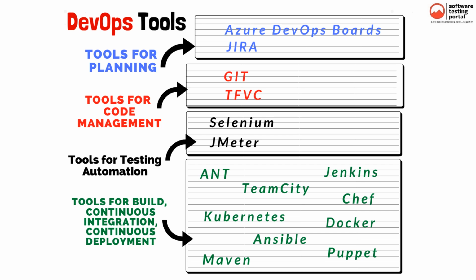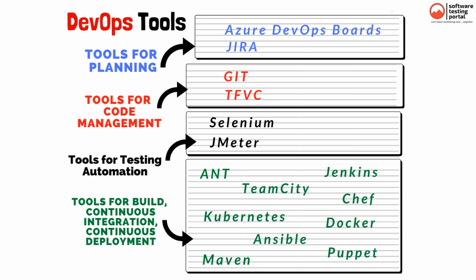Azure Boards is nothing but a work management tool using which teams can plan their work, track progress across the teams, manage backlogs and sprint planning, team dashboards, query and custom reports. Whereas Jira is a very famous Agile project management tool for software planning, that supports all Agile methodologies like Scrum, Kanban.